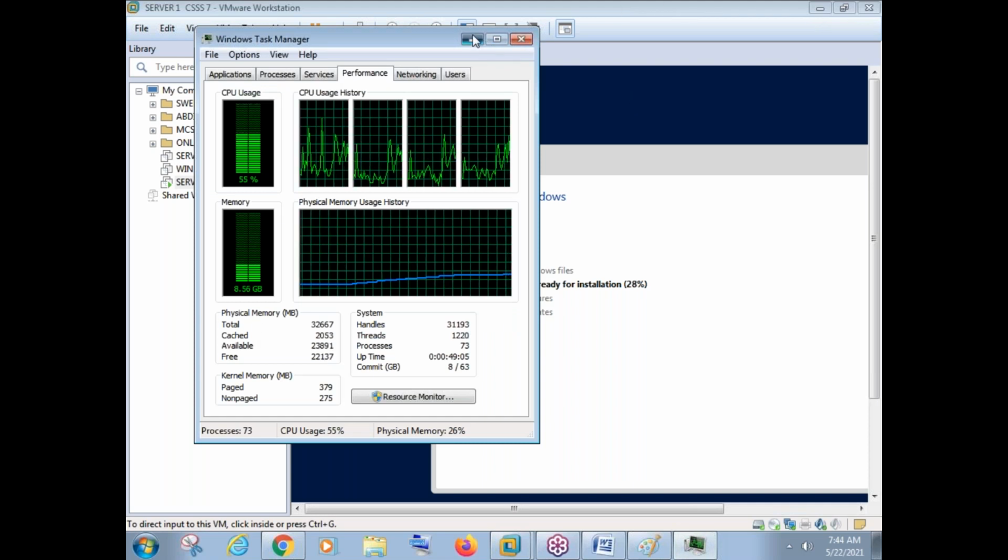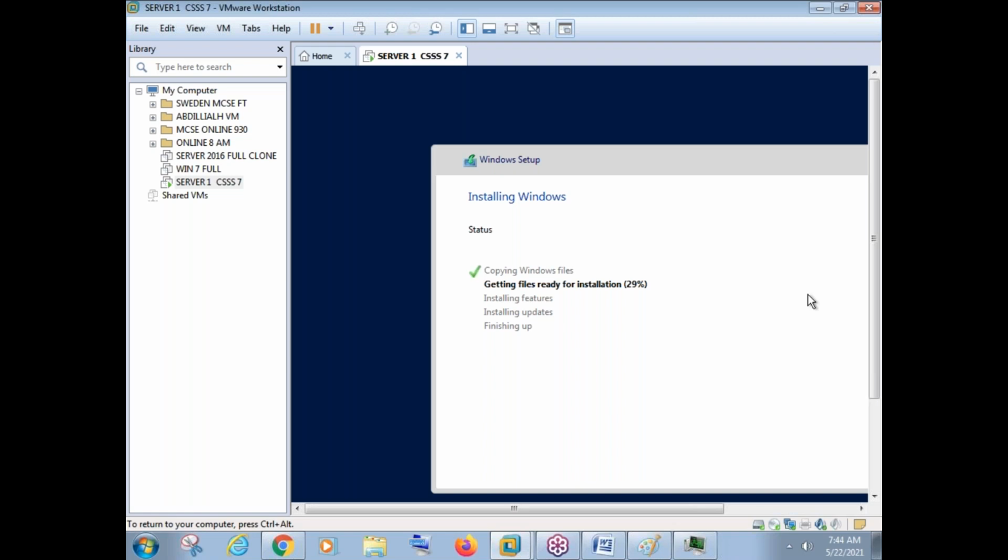If the virtual machine is in use, then only the memory and processor utilization will be there. If the virtual machine is not in use, then the memory and CPU utilization will not be there. So it should take around 8 to 10 minutes here to do the installation.